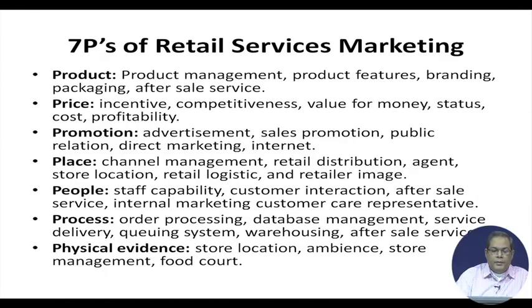So, what are the 7 P's of retail services marketing? The first P is the product. Product management, product features, branding, packaging, after sales services, these are the product. The price, which is the incentive, competitiveness, value for money, status, cost, profitability, etc. Promotion: advertisement, sales promotion, public relations, direct marketing and internet, these are all means of promotion for retail products and retail services. Place: channel management, retail distribution, agent, store location, retail logistics and retailer image, these are part of the